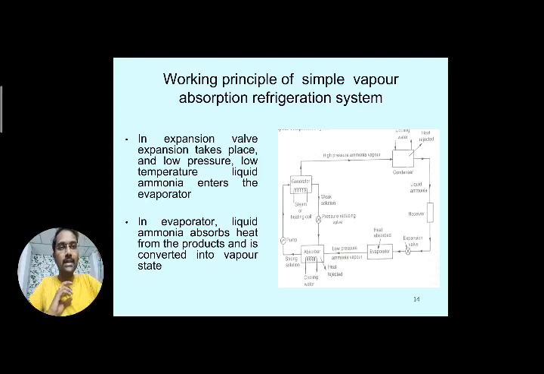So phase change takes place in the condenser by giving out its latent heat, and again in the evaporator by absorbing latent heat. In the generator also, by a little addition of heat, it changes its phase. Okay, so remember those points. Finally, the liquid ammonia absorbs heat from the products and is converted into the vapor state again. You can see at the exit of the evaporator, low pressure ammonia vapor is coming out from the evaporator component.